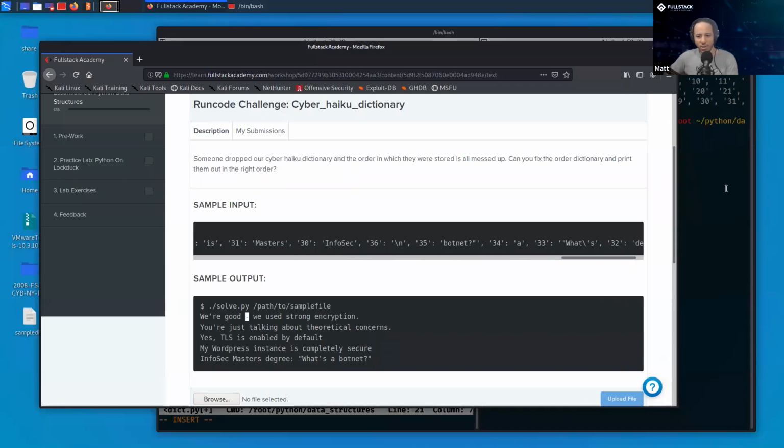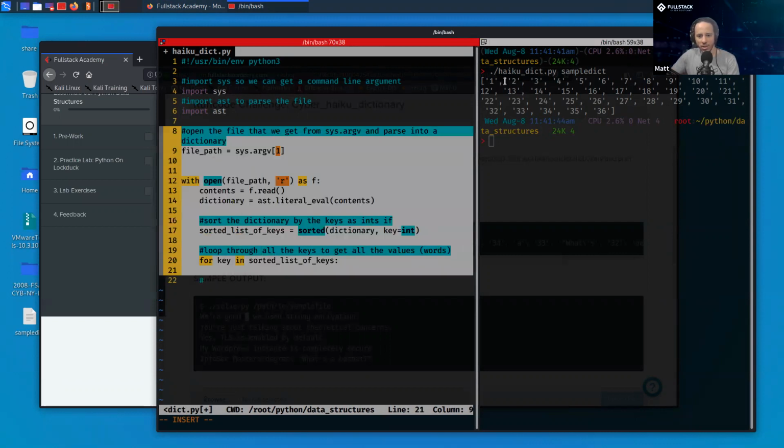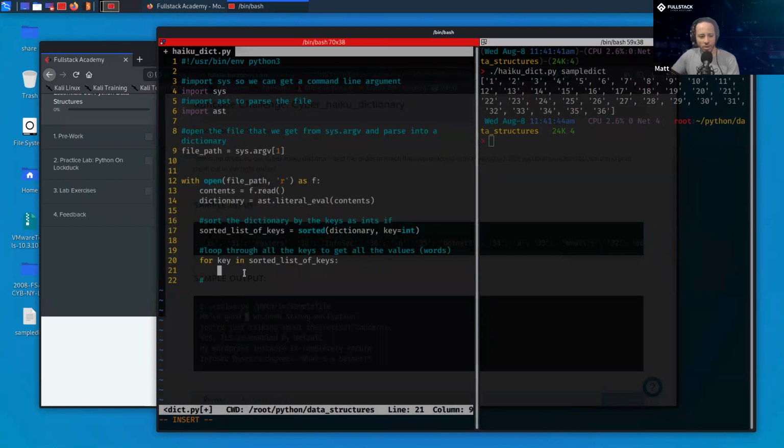Actually, I'm not going to check that way. Let's check this way. Let's do what we said in English. For key in sorted list of keys. So we're going to loop through all of the keys. It's like we're going through all of these. And then what we're going to do is we're going to say word, right? That's what we said up here, is equal to